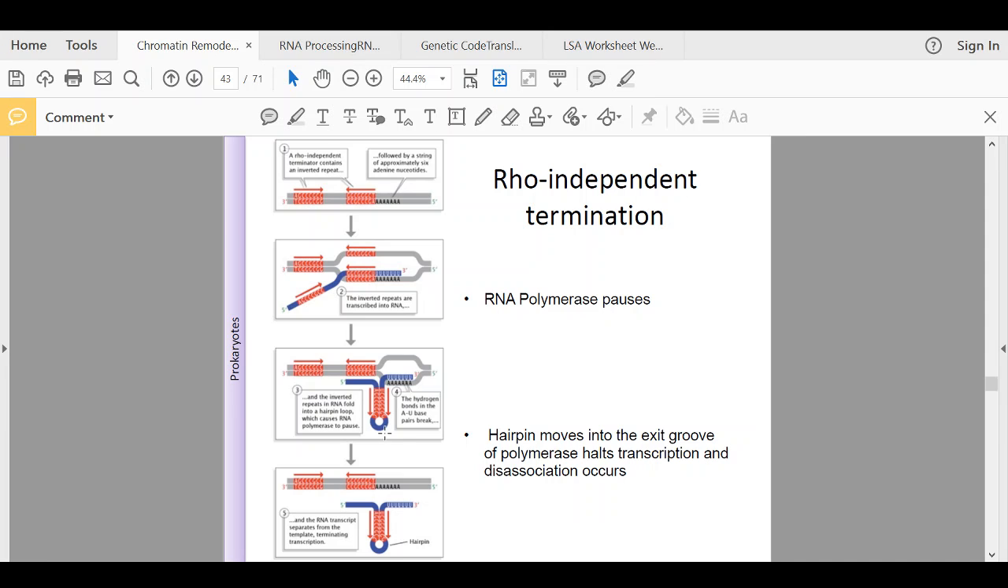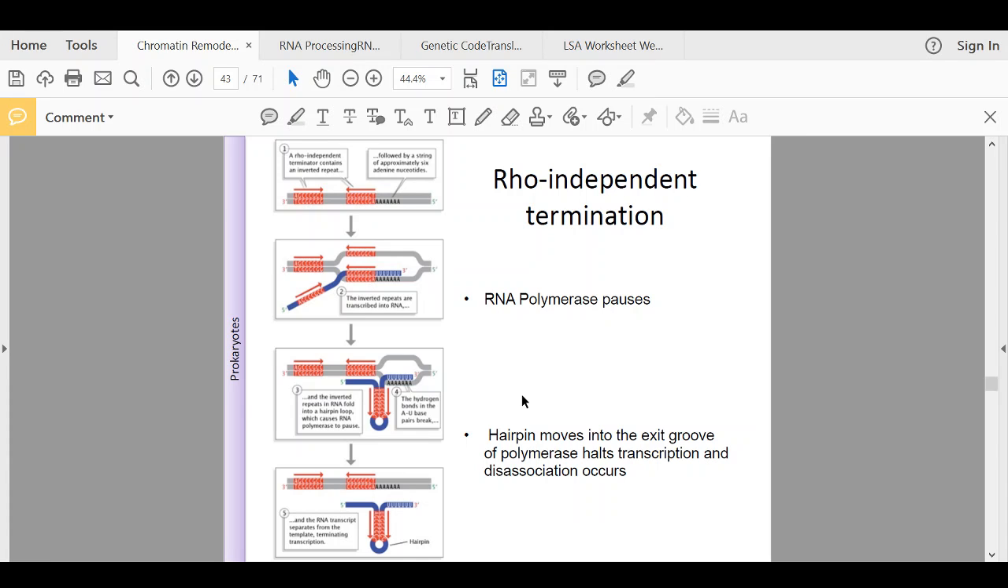So it pauses, and the inverted repeats in the RNA fold into a hairpin loop, which causes the RNA polymerase to pause. Because of this hairpin loop, the RNA polymerase is like, what is going on? We really can't get past this abnormal structure in the messenger RNA. And so then obviously this tail actually is a poly U tail, because the poly U tail actually, if